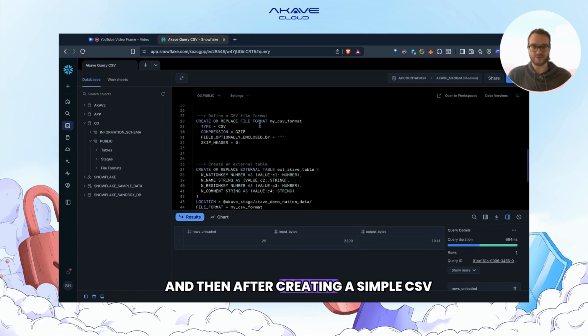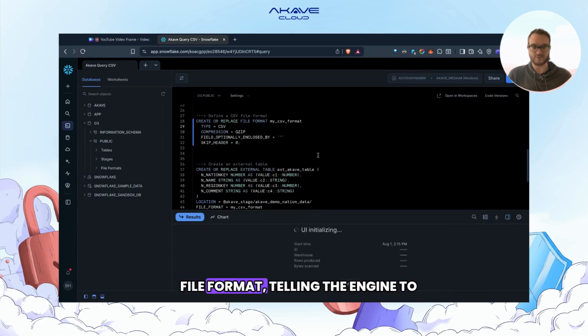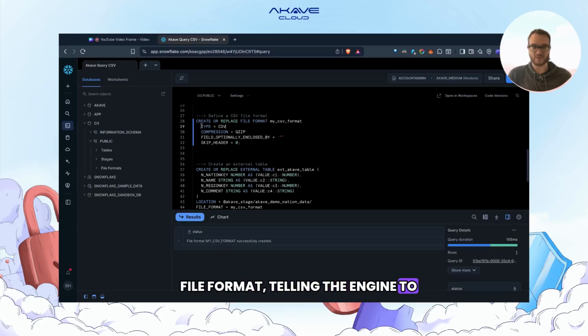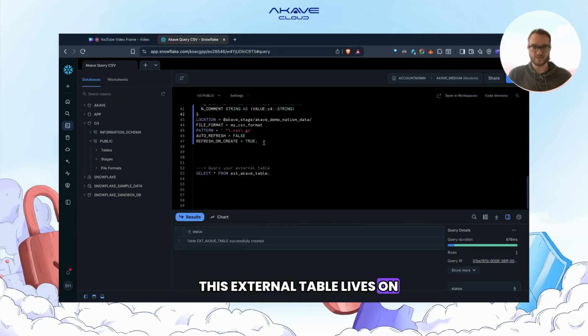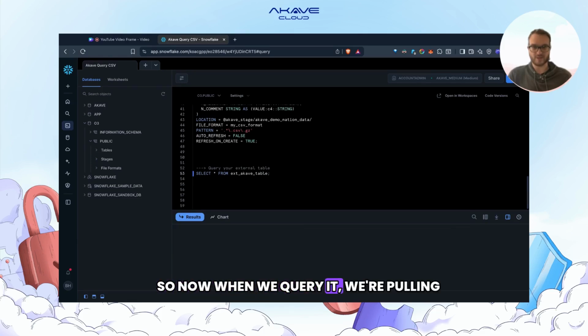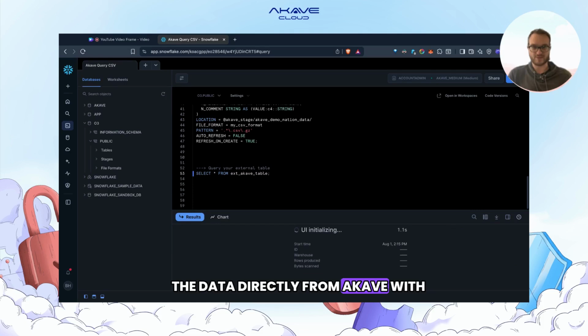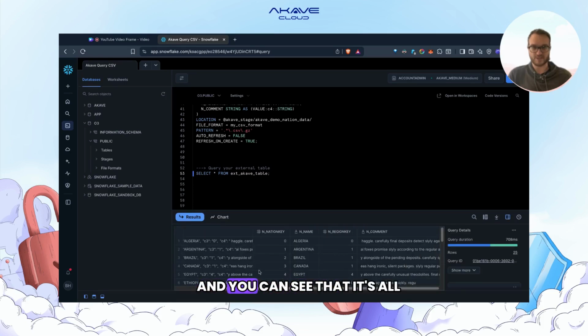And then after creating a simple CSV file format, telling the engine to expect a CSV type with a gzip compression, we create an external table on the staged data. This external table lives on Snowflake, but points to the Akave bucket. So now when we query it, we're pulling the data directly from Akave with Snowflake,